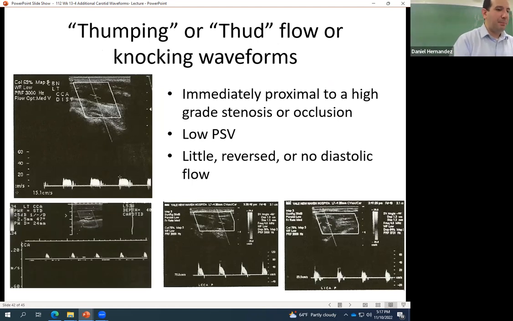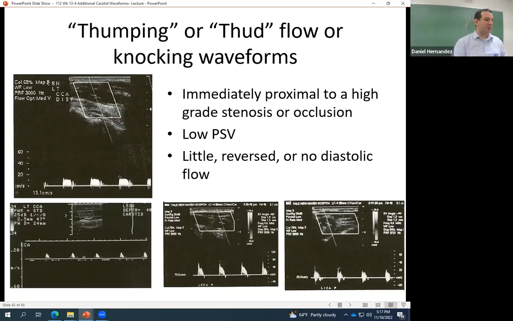So systolic thumping. This is something that we see immediately proximal to high-grade stenosis or occlusion. So a vessel that's completely occluded or has a very, very high-grade stenosis. If we Doppler just before that, we're going to get this systolic thumping or thud. So all we get are little blips of systolic waveforms. You might even get a little bit of reversal where it's hitting that thump and coming back,